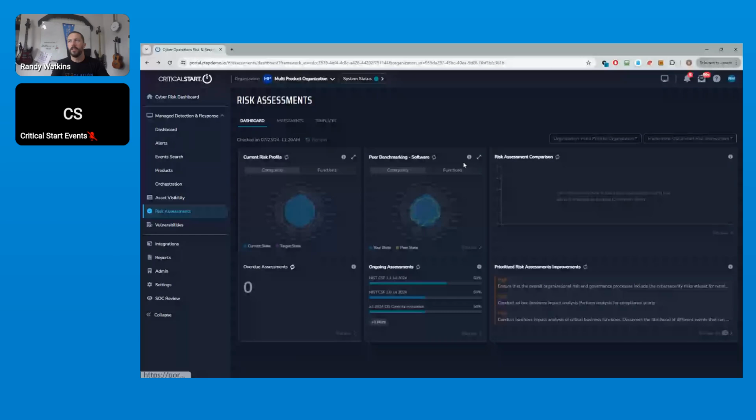Now, once you fill out your assessment, you will see those assessments populate inside of the dashboard. You'll get an idea of your current state versus your target state. So it will track your trends over time. You'll be able to show kind of an increase in different levels of security posture across the different controls. And then we also do the peer benchmarking against your vertical. And if we can dig into these,